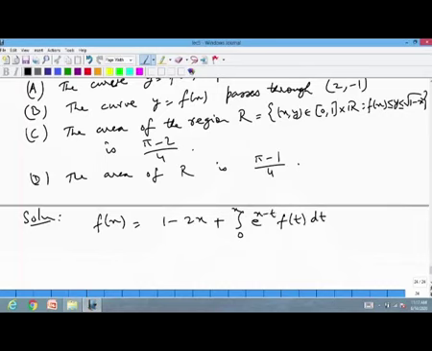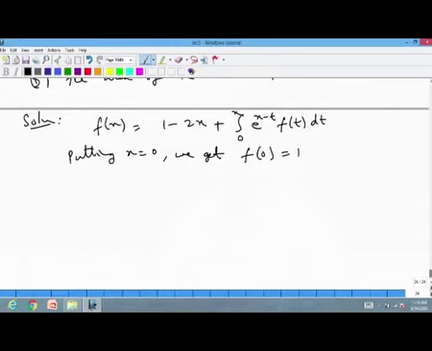So, first by putting x equal to 0, we get f(0) equal to 1, because this integral is from 0 to 0, which is 0. So, f(0) equal to 1, this is one thing we get,